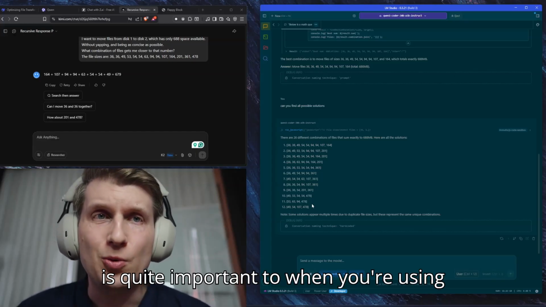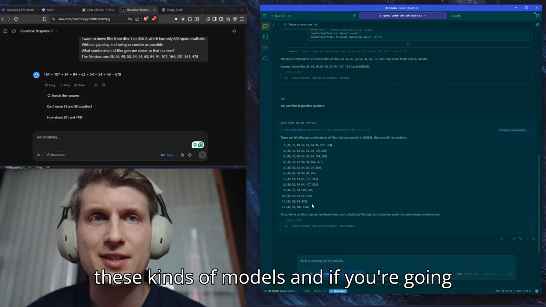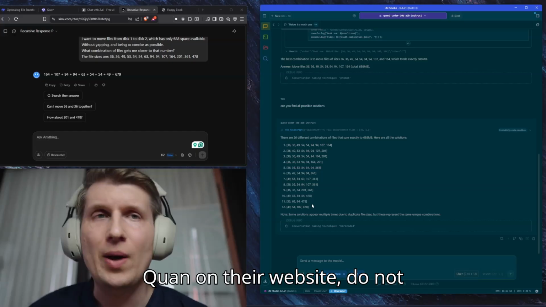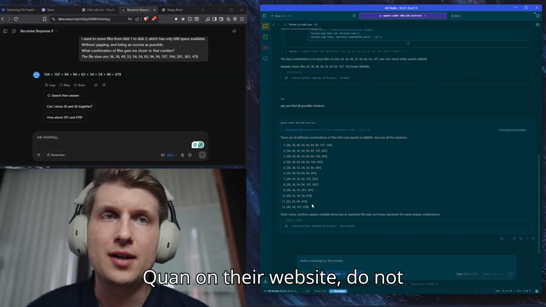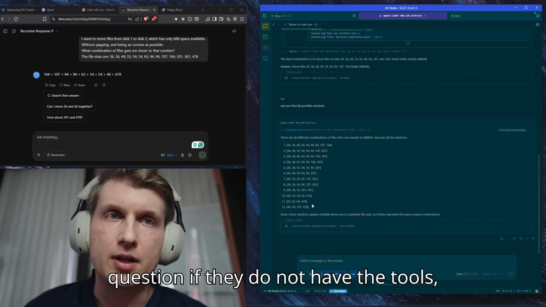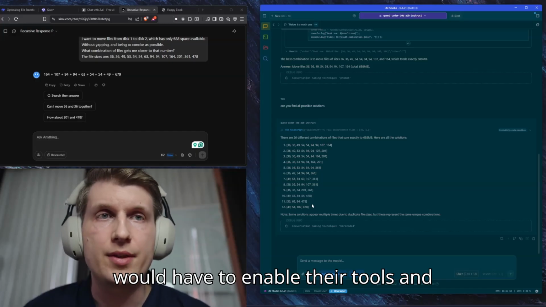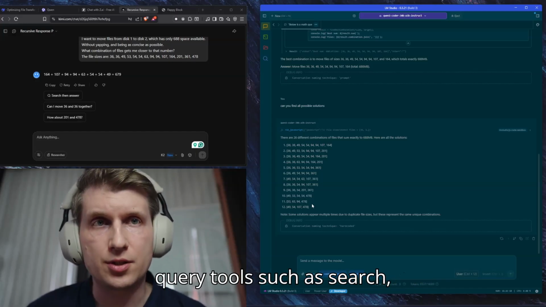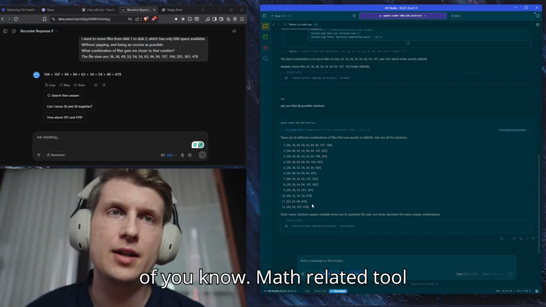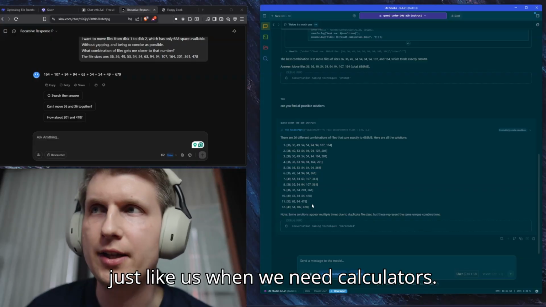So it is quite important, when you're using these kinds of models, if you're going to Kimi or let's say Qwen on their website, do not assume that they can answer any kind of question if they do not have the tools, especially knowledge-based questions. You would have to enable their tools and query tools such as search, Python, or any kind of math-related tool, just like us when we need calculators.